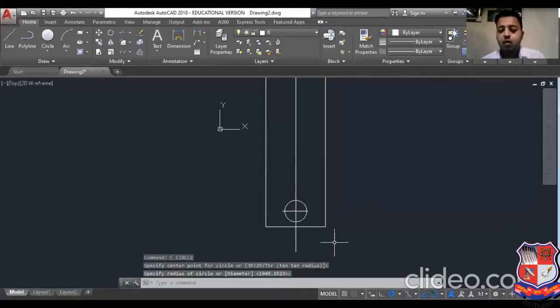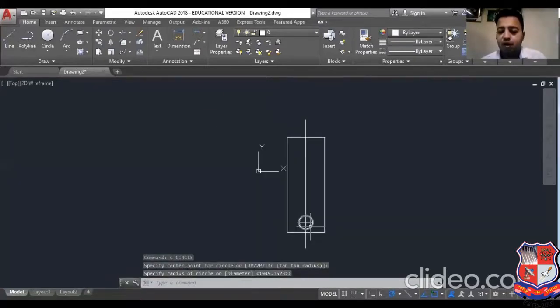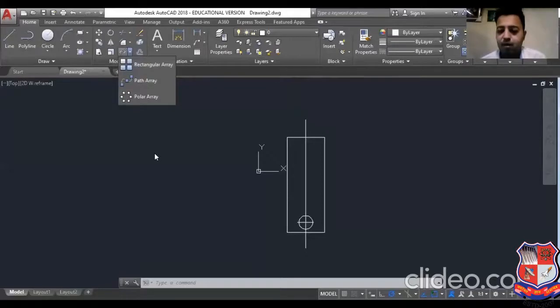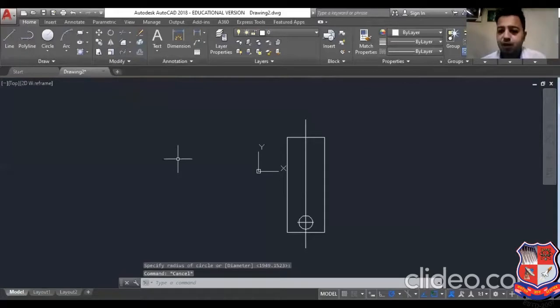Now I want this circle a number of times, at a specific distance, in a single line only. Array will create the circle in two directions, meaning row and column. You cannot create it in a single line. So in this case you have to select the offset tool. Offset means you can copy the object at a specific interval in that direction only.